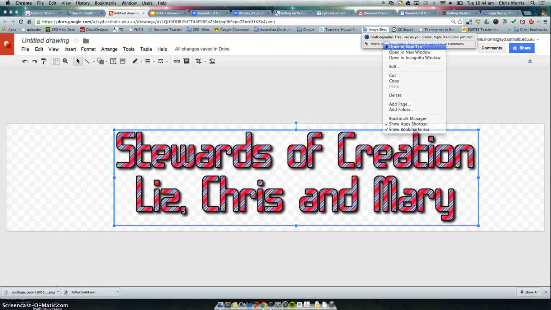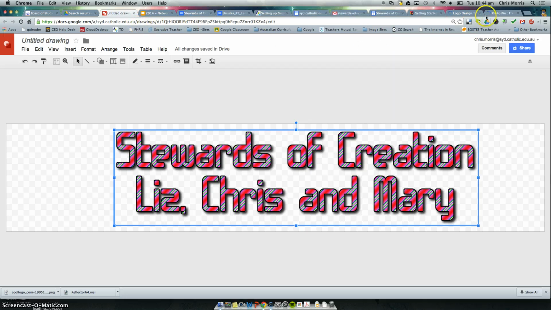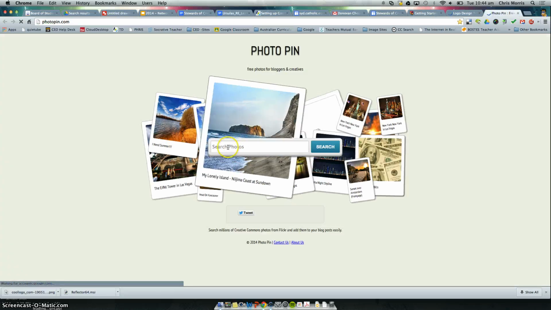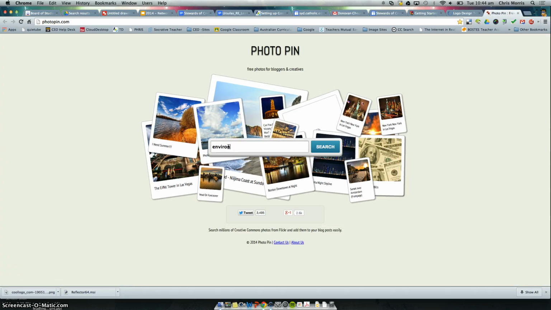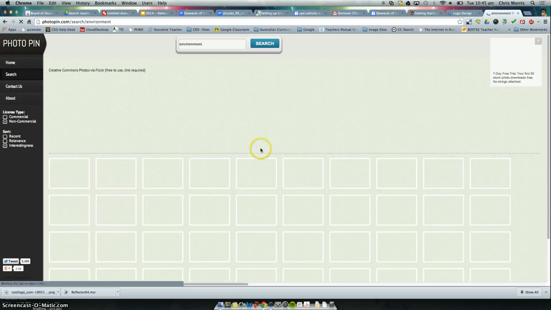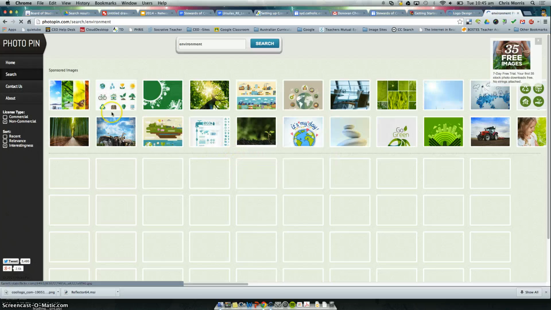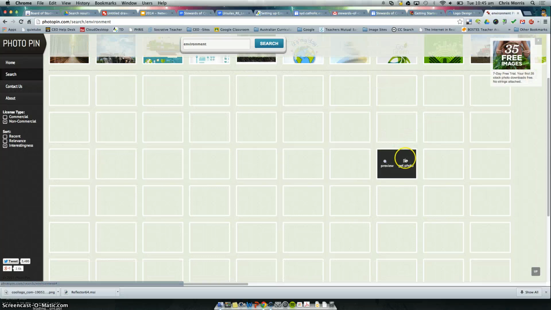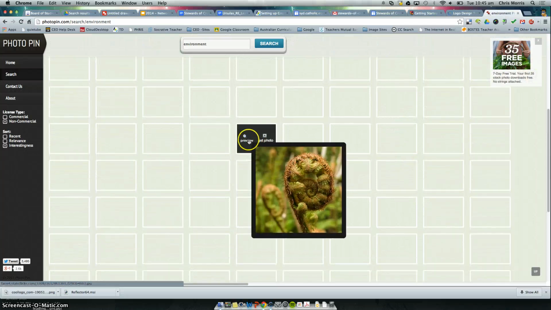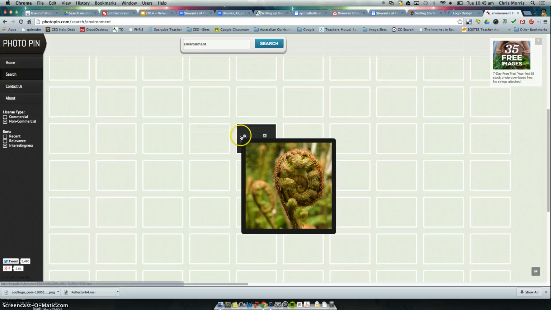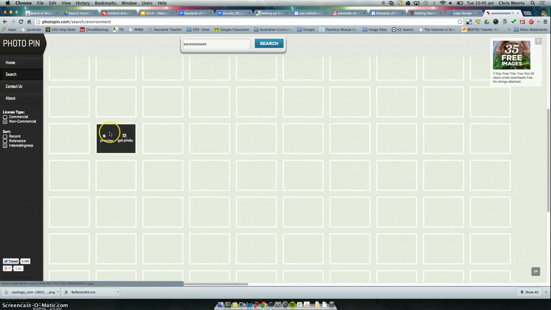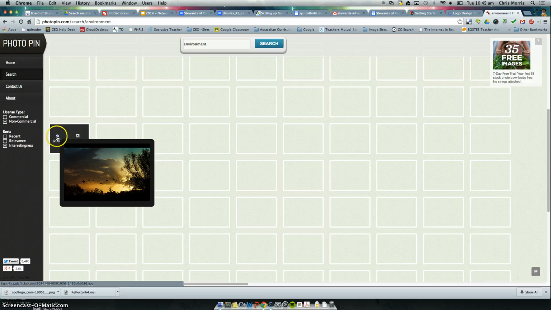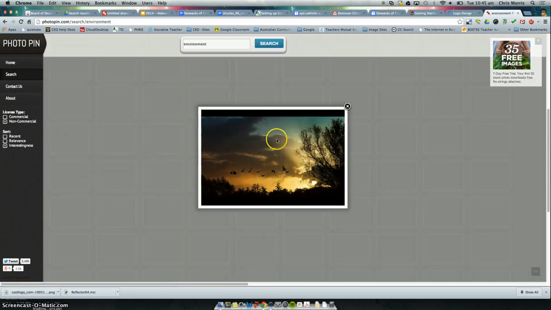So I'm just going to open that in a new tab. So it's just photopin.com. So I might just put in environment, search there. Now there are some sponsored images at the top, so they're your stock photos, that are commonly available. So if I click on one of those, and often they're really nice images, I'd have to pay for it. But for some reason, sometimes they just don't preview. But if you hover over it, you get a couple of nice ones there. So if I preview that,